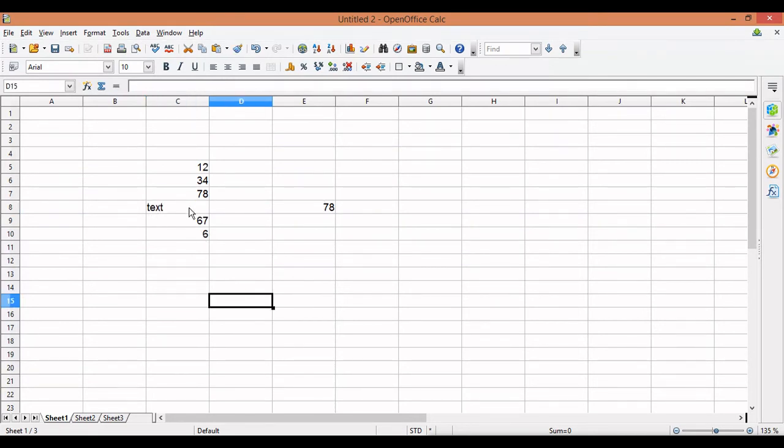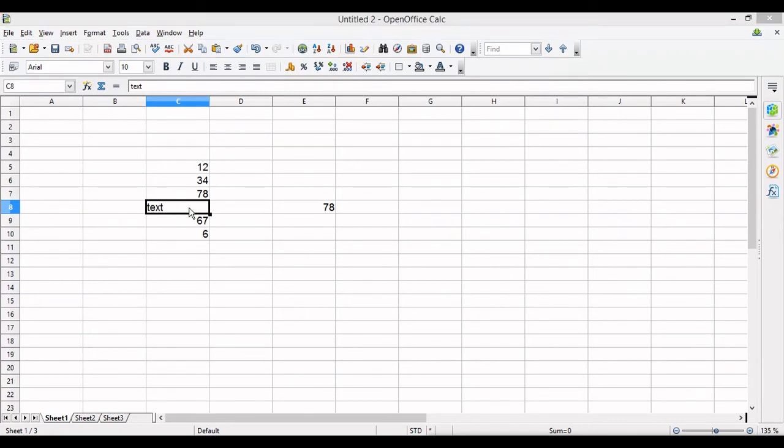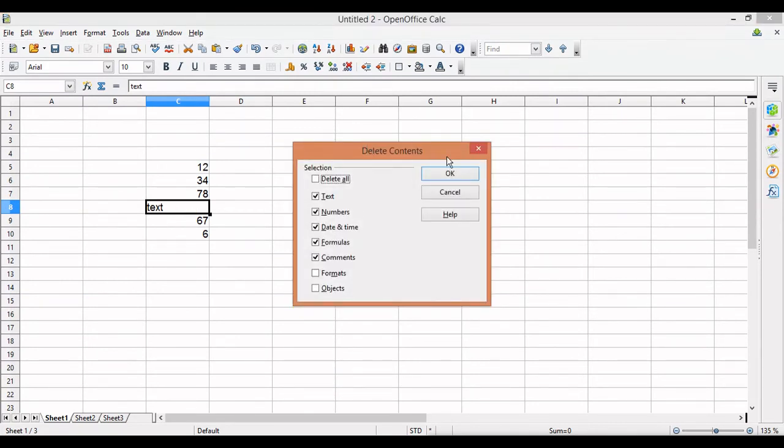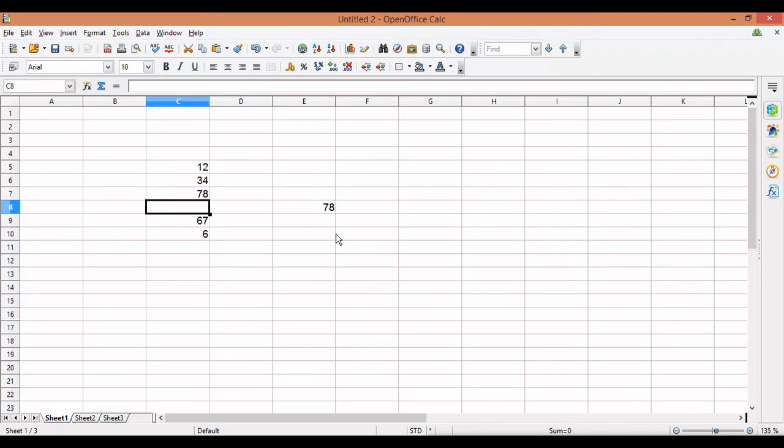Now if I use a logical value such as TRUE, and I use a MAX function or a MIN function, you have to remember this: TRUE indicates 1.